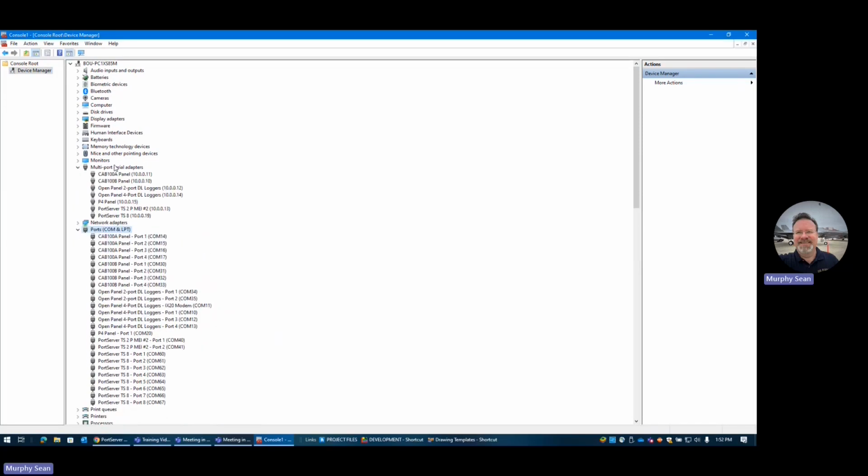There are 2 different sections in the device manager where any Digi serial port server that you install will have entries. One is under the multi-port serial adapters list. You'll have one for every one of your Digi port servers that you have installed. It's also valid for VNet devices as well. In this case here, this is port server TS2P MEI. This is the device that we had configured, which has an IP address of